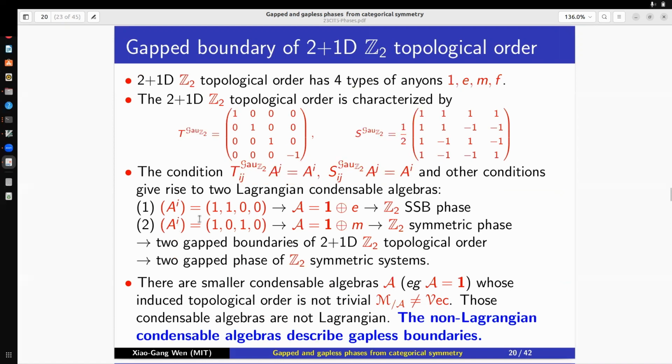But we say this 2200 is not a stable solution, it has extra degeneracy. So when we say the condensed algebra classifies gapped phases, we have an assumption that the boundary is minimal, in some sense. We don't have extra degeneracy, and this feature also shows up in the gapless boundary. There's actually more than one solution, and we need the minimal one, things like that. But anyway, this basically gives you some kind of